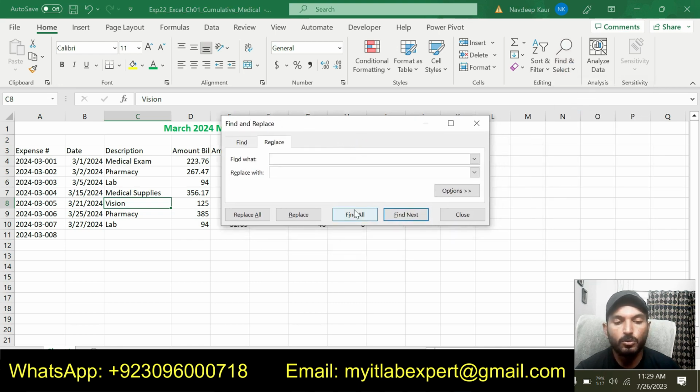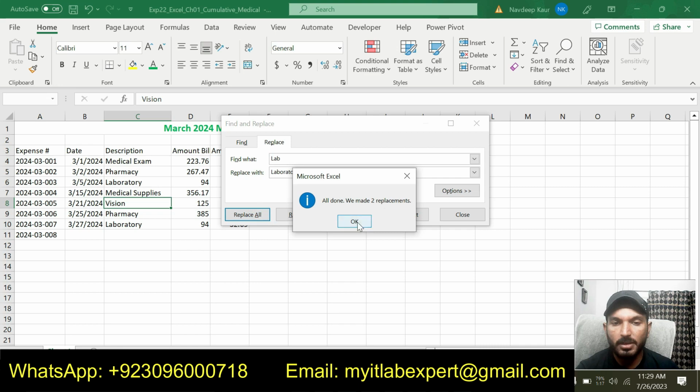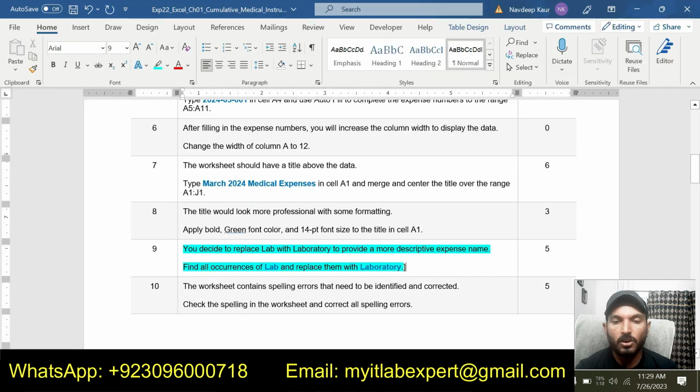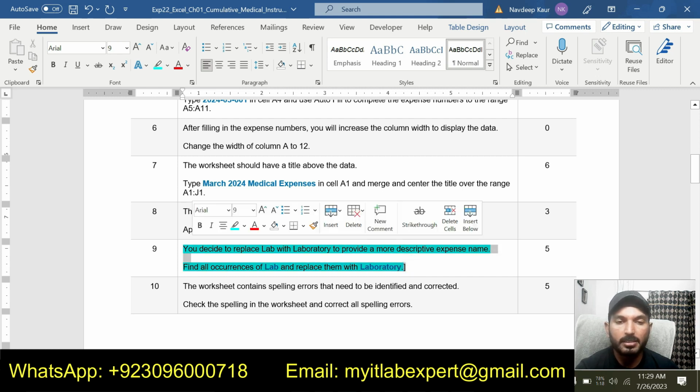Now we are supposed to change lab with laboratory and click replace. All done, we made 2 replacements. So we have changed the word lab to laboratory. That is all required in step number 9. So we have completed 9 steps so far, and now we're gonna do next step, that is step number 10.